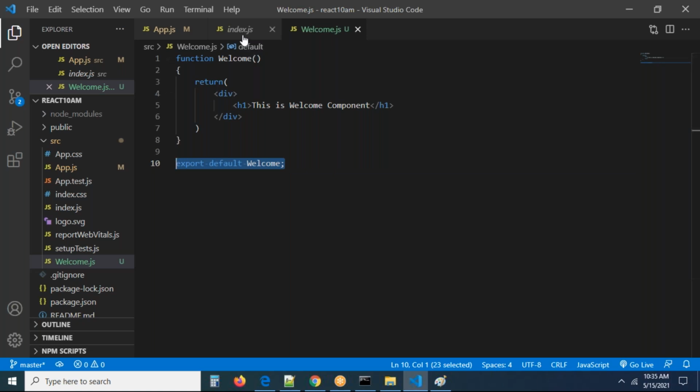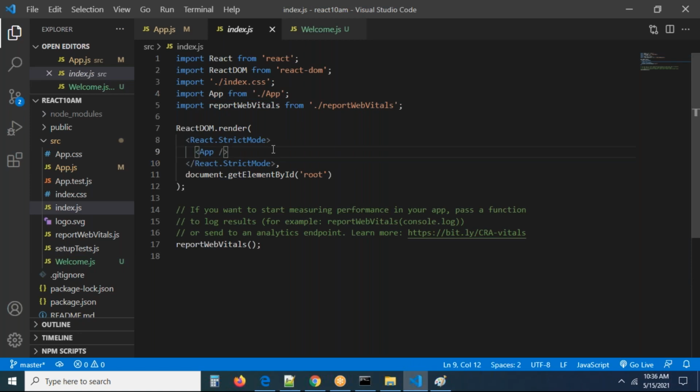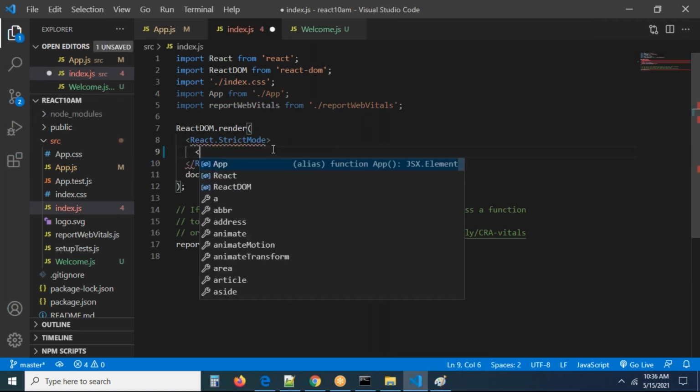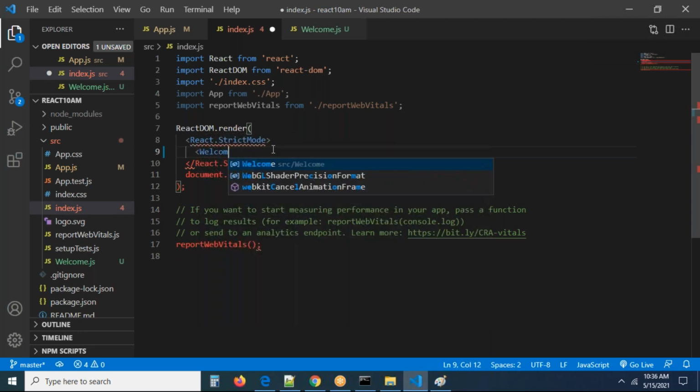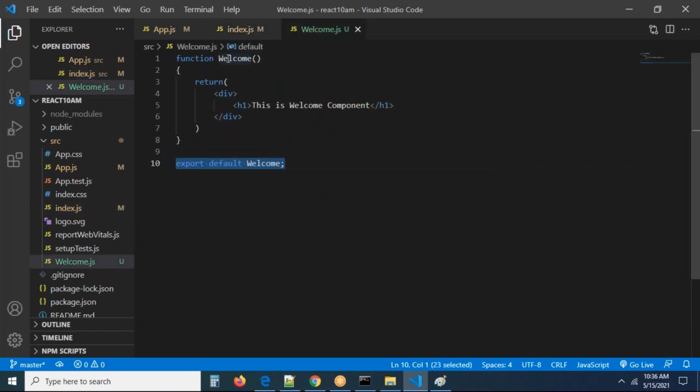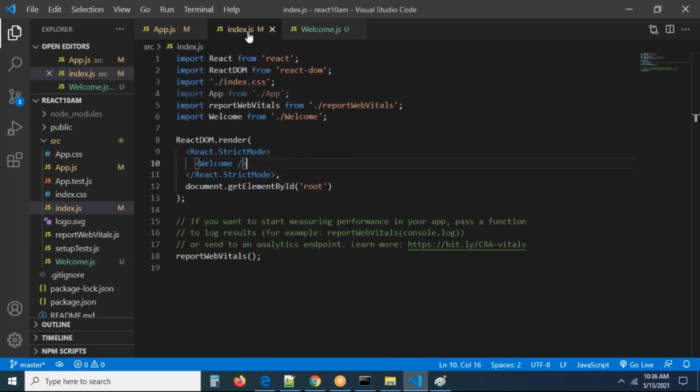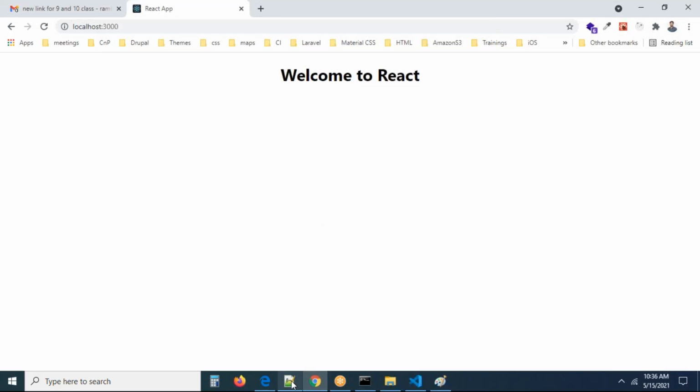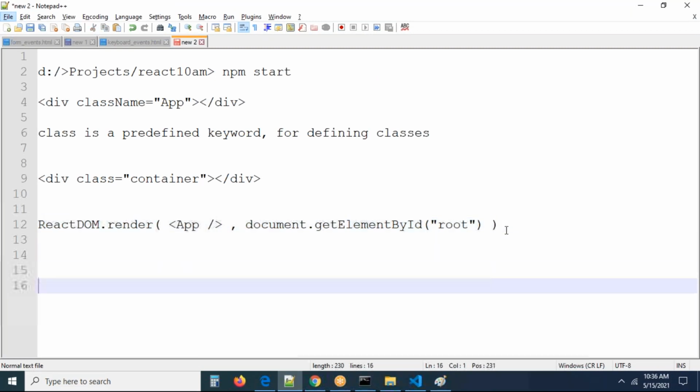Okay, now you have to go to App here. Now I'm removing this; you can select this as an element. What is the name of the component? This is the Welcome component you created, right? So this is the way of loading the component. What is the component you created? This is the component I created. My component name is Welcome, right? You wrote export default Welcome, right? What is the name you have provided here? The same name you have to take here. It looks like an element. Remember carefully, the components which we created, if you want to load them, it is always going to be like an element: the Welcome component. You have to load it.